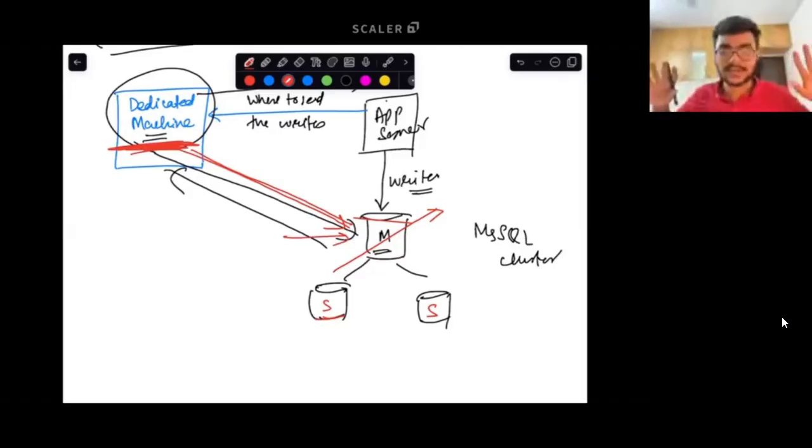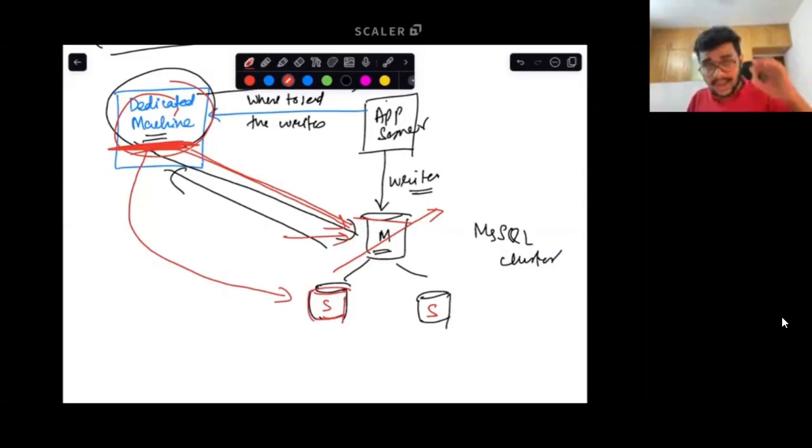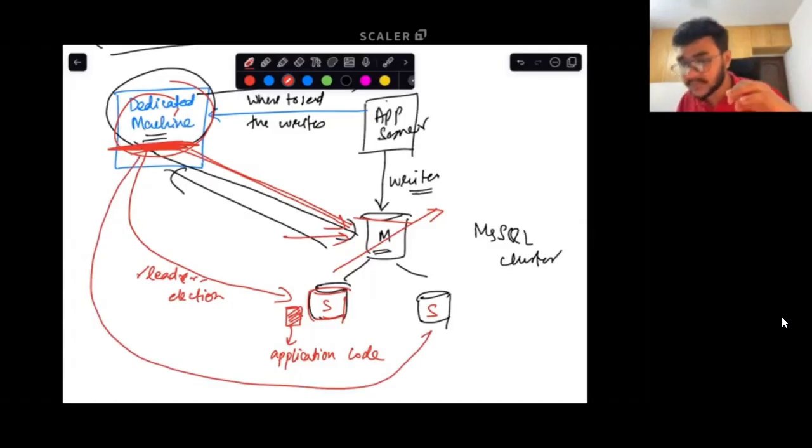And hence, this dedicated machine will convey this information to these slave databases, and you need to be running some sort of an application code over here, which, once it gets a request that leader election needs to be performed, runs it. Let us say you call an API for leader election and it was sent to both of these slave databases.